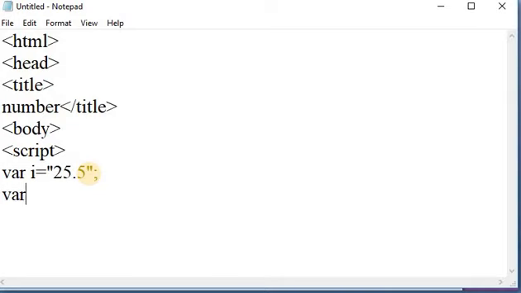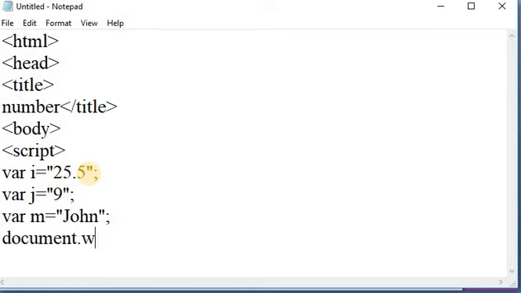Again I am taking one variable, that is var j equal to 9. After that I am taking var m equal to, suppose, "John", and print this i, j, m on a web page by using the write method.